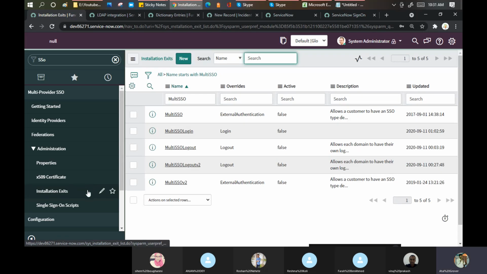Okay, this is another important point. Installation exists. This question comes into the certification exam. What do you mean by installation exists? It means that if a user wants to log in to ServiceNow and he has SSO enabled, then at that time the user will be redirected to the SSO link. So like for these things, you can see here,